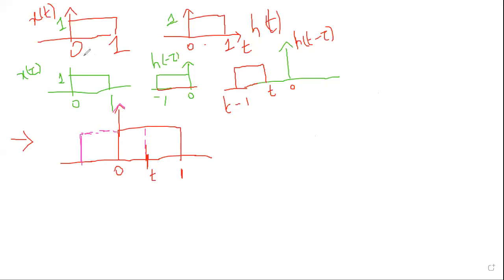So both are having the same time gap, 0, 1, 0, 1. The interval is same. Whereas in the earlier problem, if you see, for x of t, I had the interval between minus 1 to 0, 1 interval, 0 to 1, 1 interval, 1 to 2, 1 interval. I have 4 time intervals here.